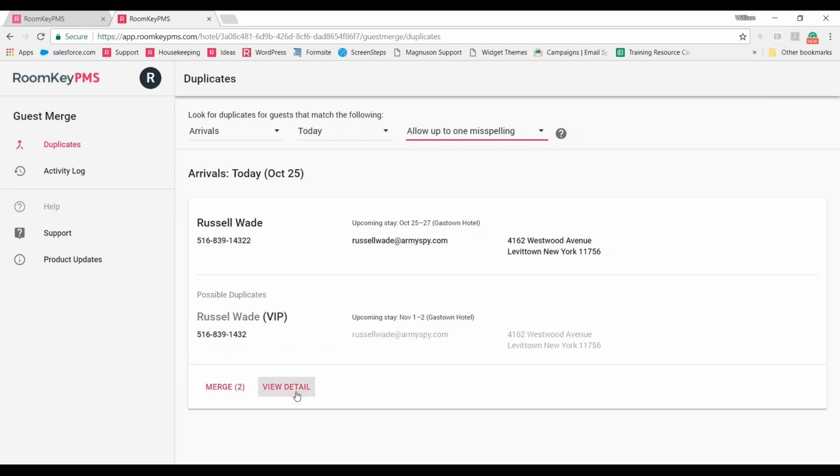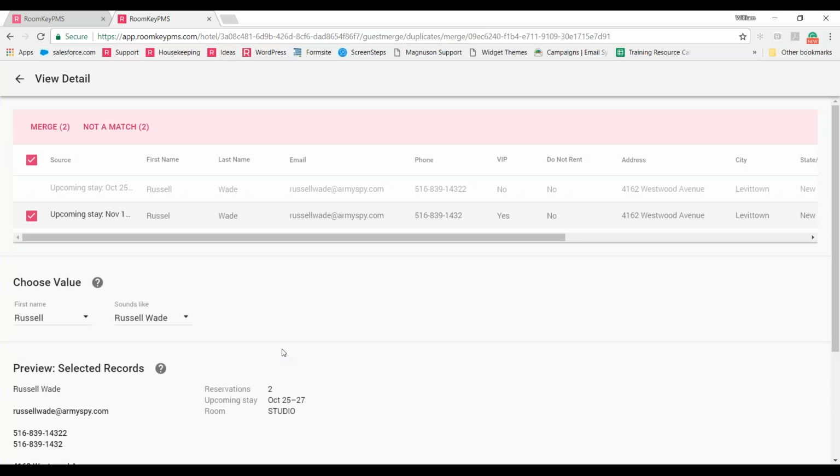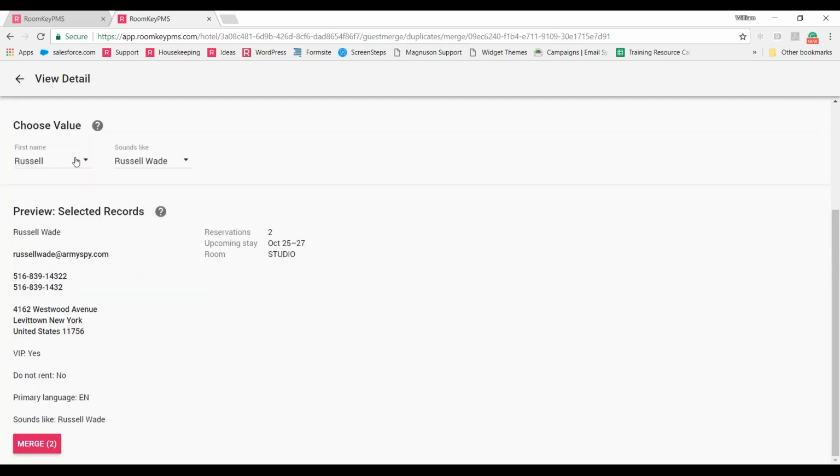So what we can do is when we go to the view detail option, you're going to see here that we do have choose value available from the drop down. Now these values will depend on whether there's a misspelling for the first name or for the last name. We can confirm by looking at the details here that the email address confirms that Russell is spelled with 2 L's. So from the drop down, I can confirm that I'm going to select Russell with the 2 L's in